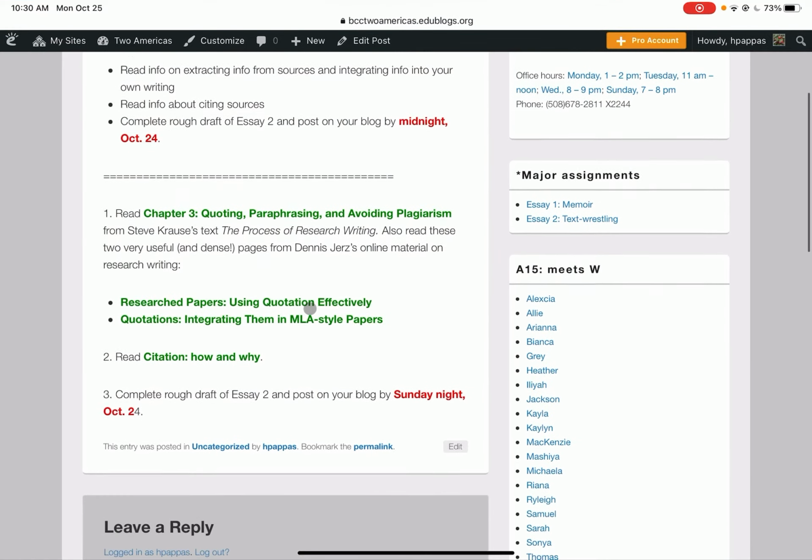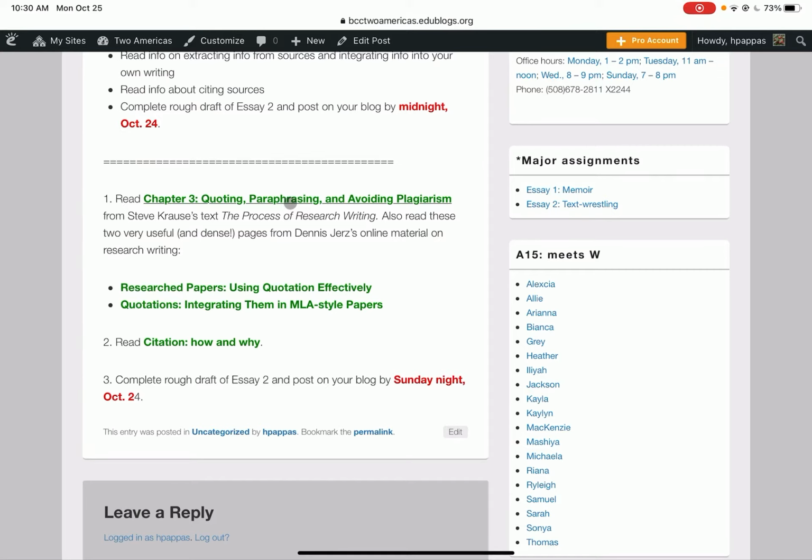There is some information about how you take information from the source and use it in your own writing. This is a chapter about quotation and paraphrase. It also has some information about summary. Those are the 3 basic ways that you can transfer information from an outside source into your own writing. And then, of course, the issue that arises in the process of doing that is how do you do it ethically and avoid plagiarism. So this is a chapter to read. I think it's maybe 18 or 20 pages.